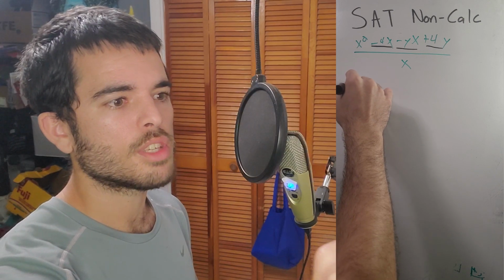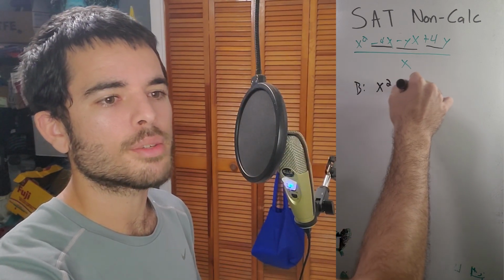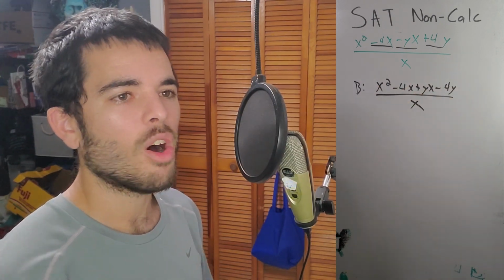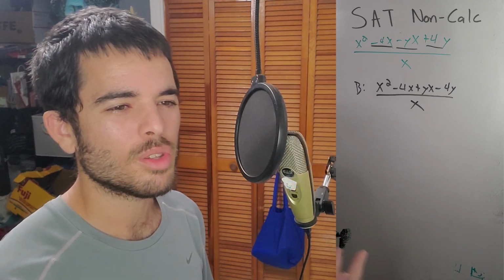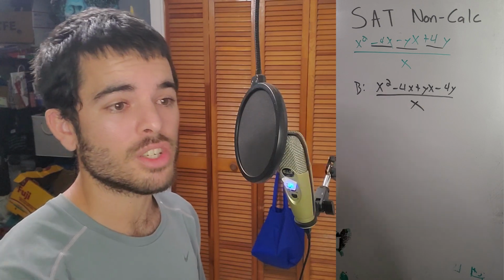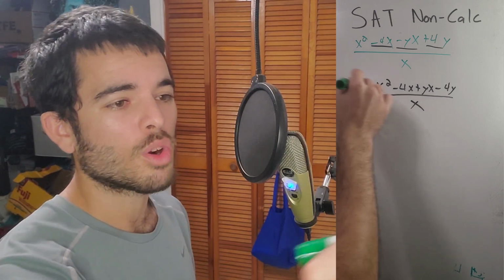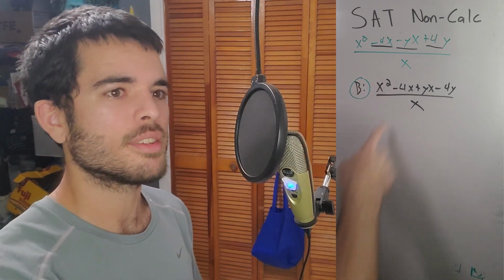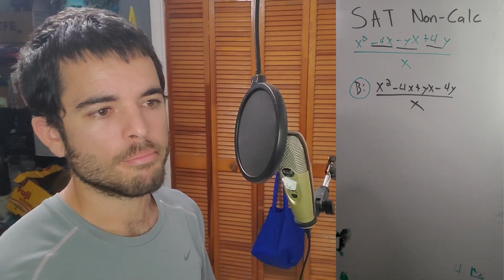An option, for example, let's say option B, it might be x squared minus 4x plus yx minus 4y all over x. All they did was switch out those plus and minus signs, and if you were a little bit too rushed or too quick, you may have made that mistake and had an exact match, and you would have put B as your answer, and you would have been wrong, even though you did most of the work correctly. So be careful about that. There might be 4 options that look similar to this. You got to be able to just take your time, double check your work, and make sure you get that